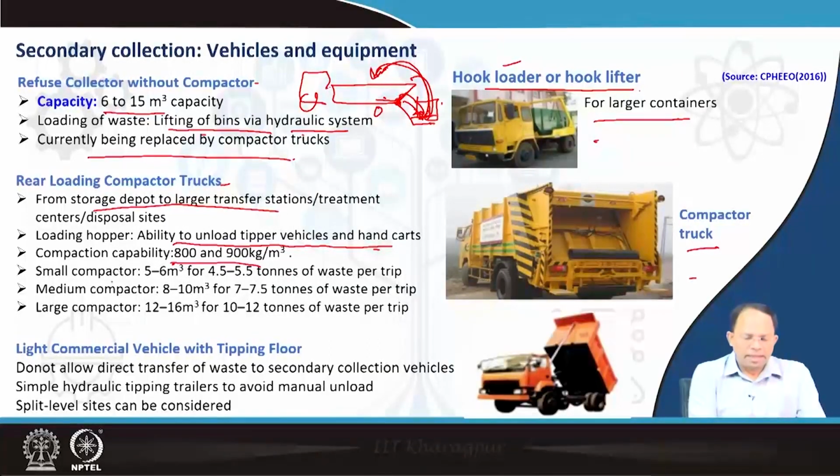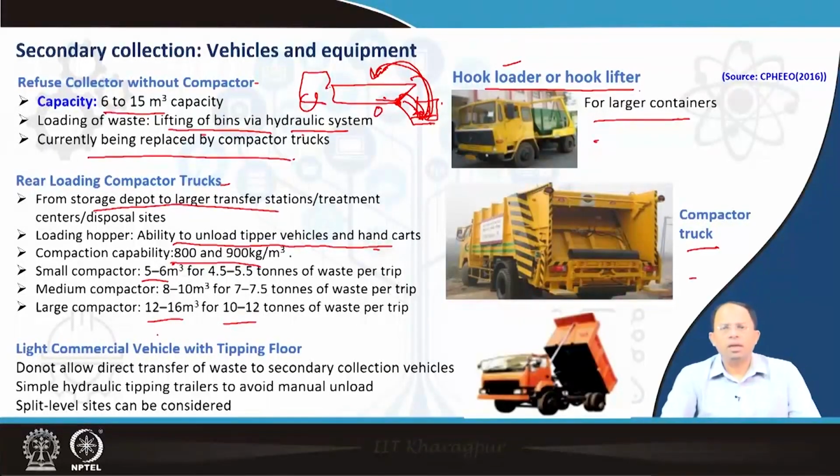cube. Then there are different sizes of these vehicles: small ones, medium ones and large ones. As you can see, it starts from 5 to 6 meter cube, which comes to around 4.5 to 5 tons of waste per trip, to around 12 to 16 meter cube or 10 to 12 tons of waste per trip. So as per the requirement for carrying waste, we will decide on which kind of a compactor we